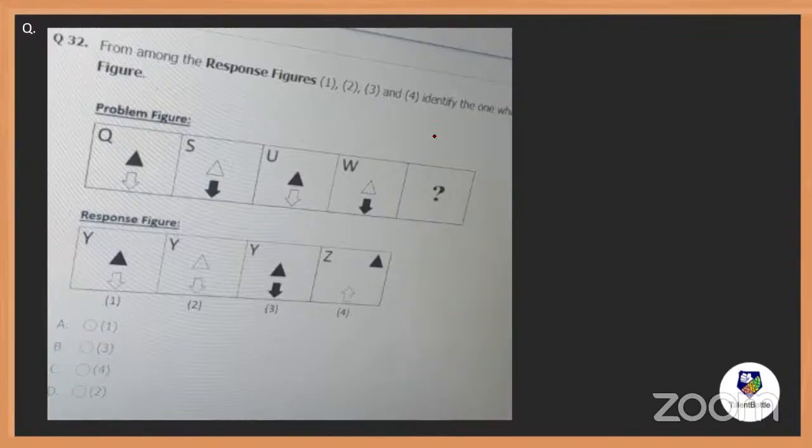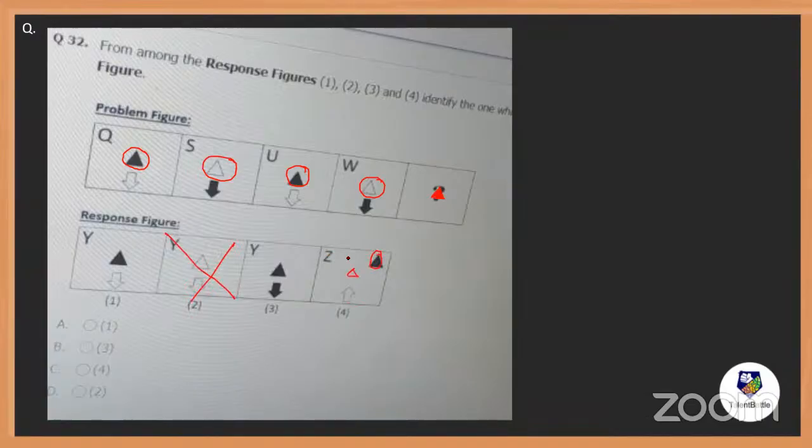Yes, Neha, we will check. Look at the figures. Observation is very important for this topic. Look here: black, white, black, white. Next, what is it supposed to be? Definitely black. So I can say the second one and the fourth one are wrong.